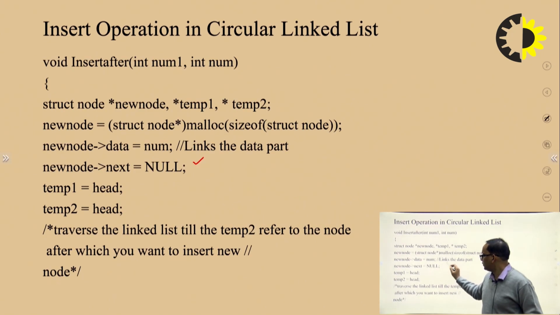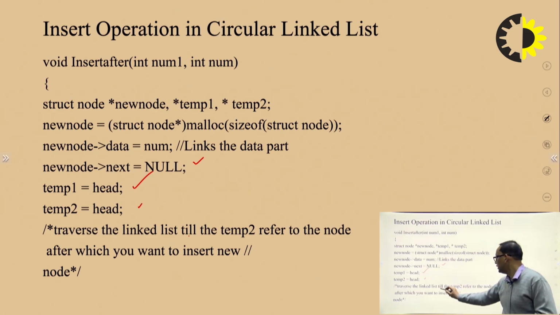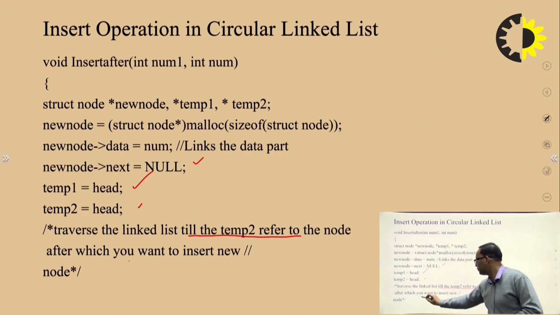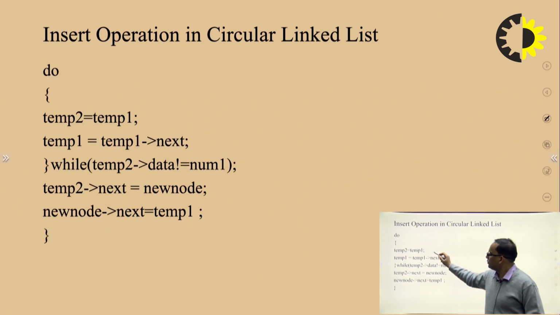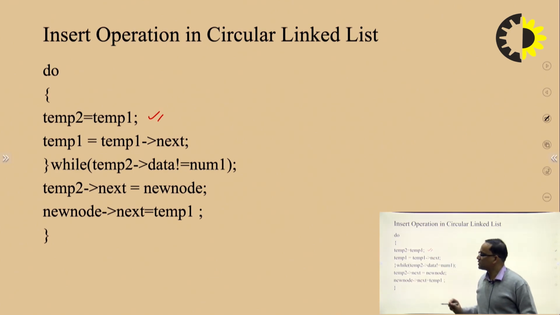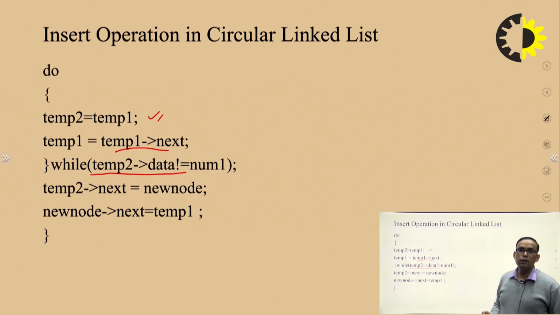Initialize with head. Now traverse the linked list until temp2 refers to the node after which we have to insert the new node. For that purpose we are using these steps: temp2 equal to temp1 and temp1 equal to temp1 arrow next, and the loop will execute until temp2 arrow data is not equal to num1. This condition is used to reach the specified node, after which we have to insert the